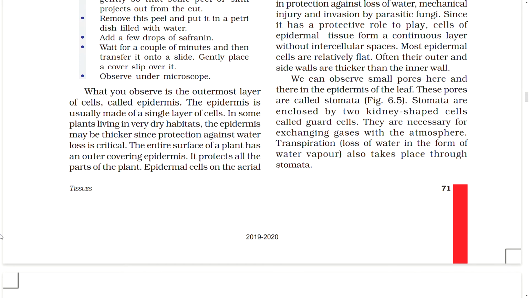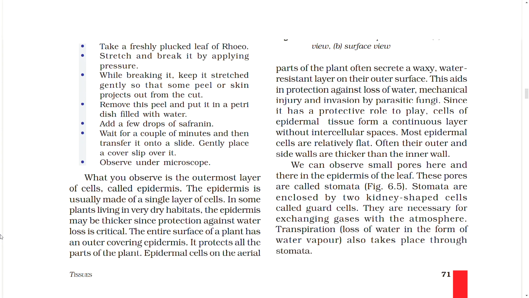What you observe is the outermost layer of cells called epidermis. The epidermis is usually made of a single layer of cells. In some plants living in very dry habitats, the epidermis may be thicker since protection against water loss is critical. The entire surface of a plant has an outer covering, the epidermis. It protects all the parts of the plant. Epidermal cells on the aerial